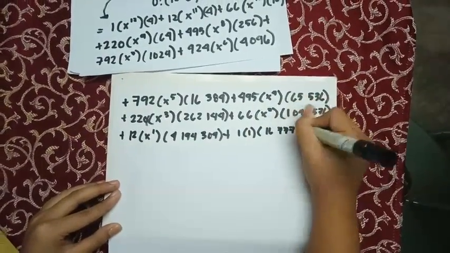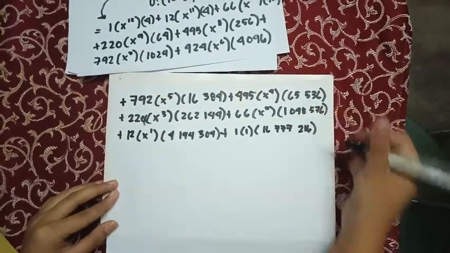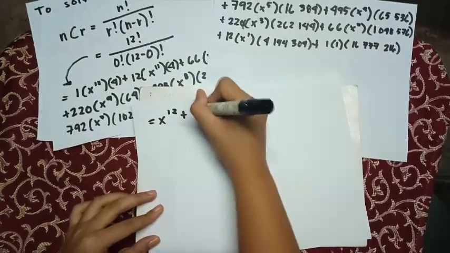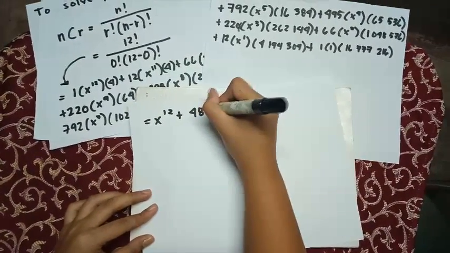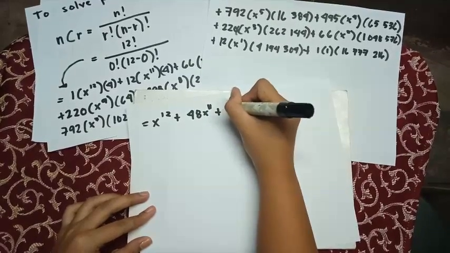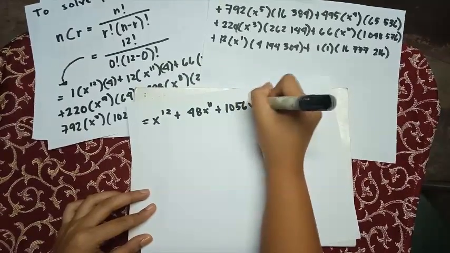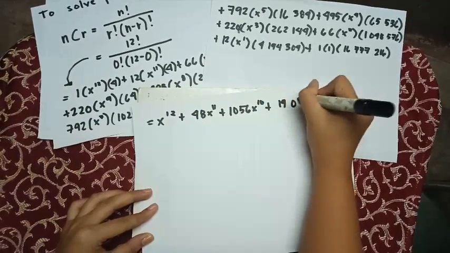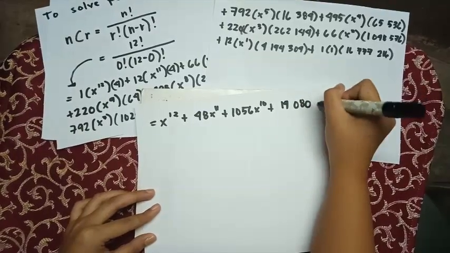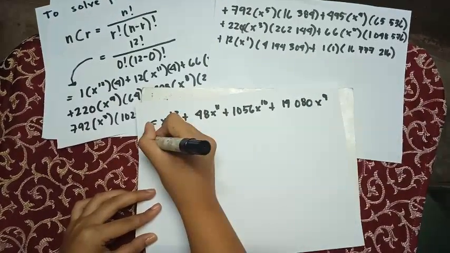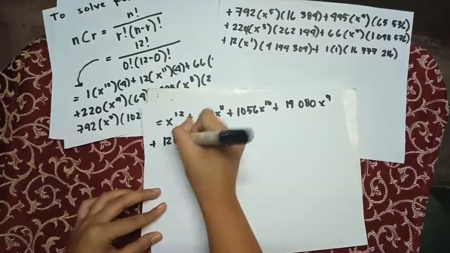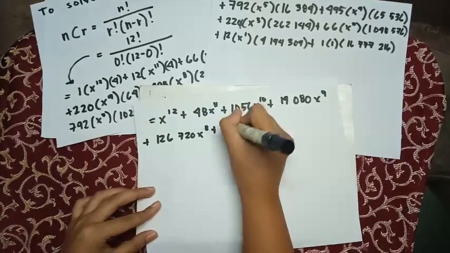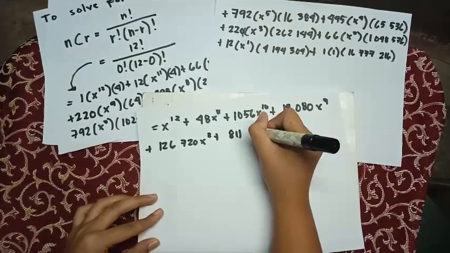By using the calculator, it is equal to x raised to 12 plus 48x raised to 11 plus 1056x raised to 10 plus 14,080x raised to 9 plus 126,720x raised to 8 plus 811,008x raised to 7